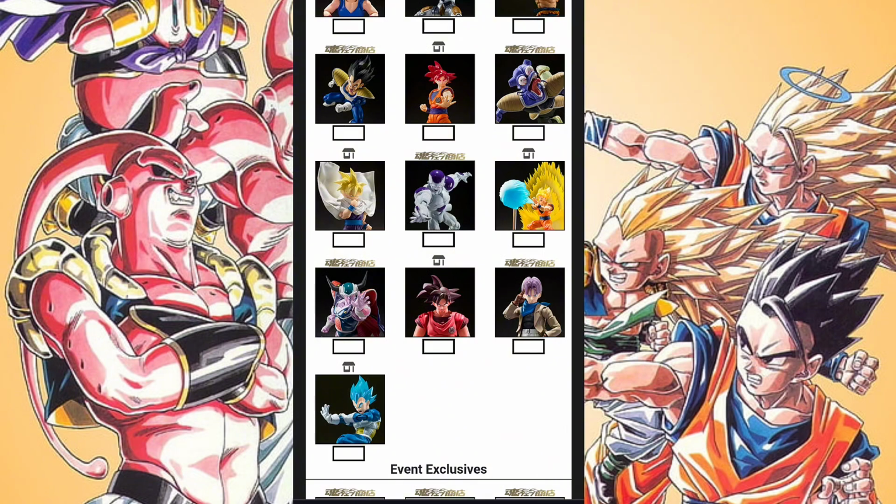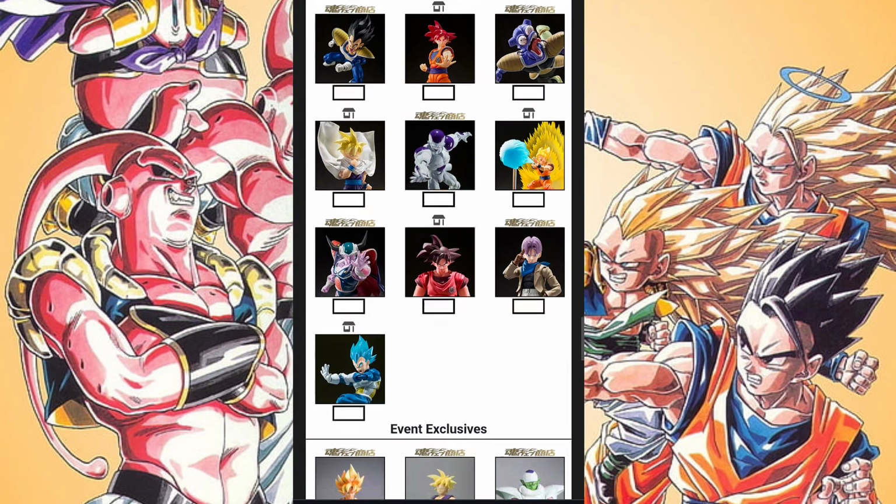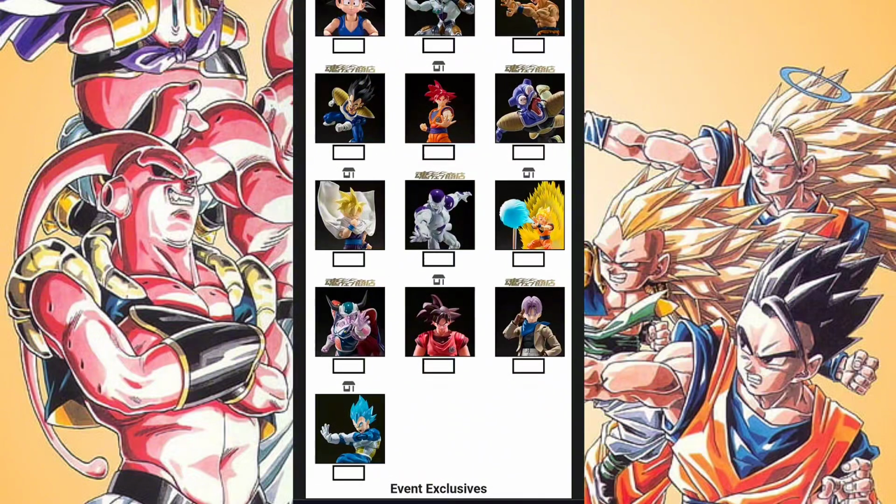Now, Blue Vegeta, you could be like, alright, where did Blue Vegeta come from? He fits into the Fighters roster as well as scarcity. The two times that Super Saiyan Blue Vegeta have been released has been a web exclusive, and then the second time it was another exclusive where he won a poll on premium but got put on Premium Bandai. So both times he was an exclusive. This is a general release, so he fulfills the role of Fighters, filling out the Fighters roster.